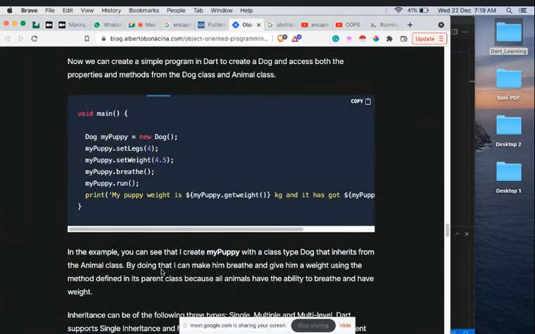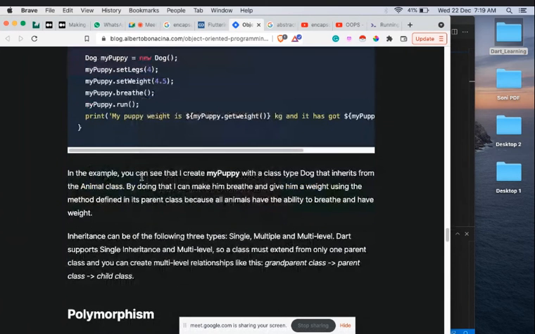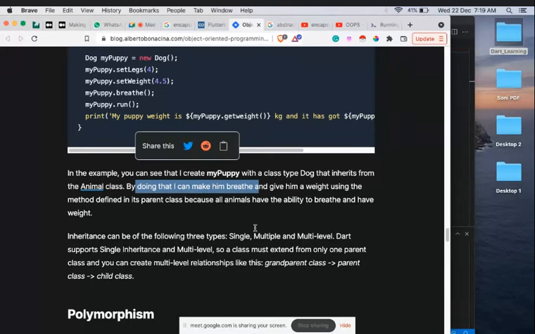You can simply extend anything from a parent, extend any class. In this example, you have seen that I have created my puppy with the type dog that inherits the animal class. By doing so, I can make him breathe and give him a weight